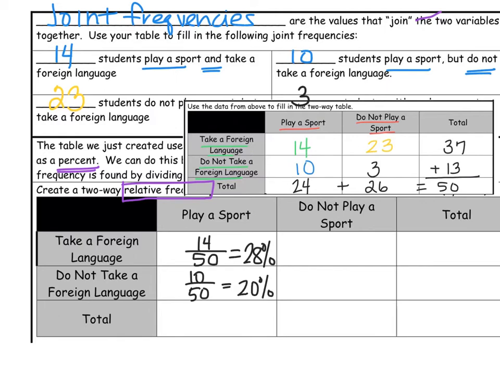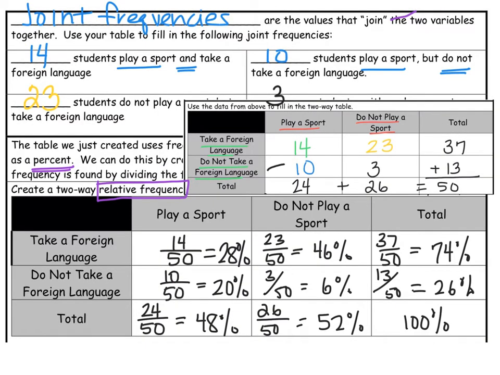And then if we do a total, the percentage of students who play a sport, again, it's out of 50, and that's 24. Where do we get the 24 from? 14 plus 10 is 24, and that as a percent is 48%. So I'm going to pause the video and give you a second to fill in the rest of the table. Go ahead and check your answers